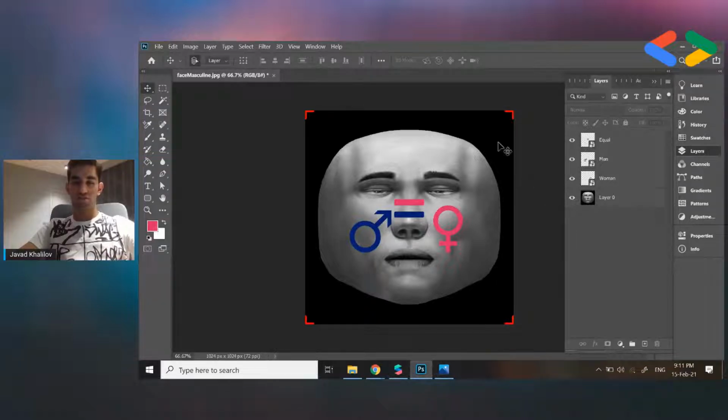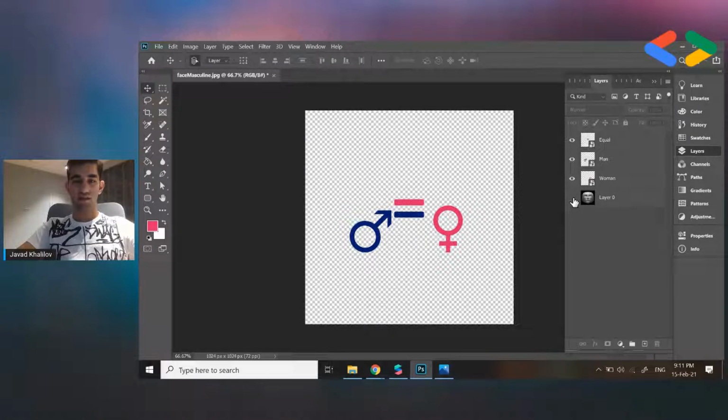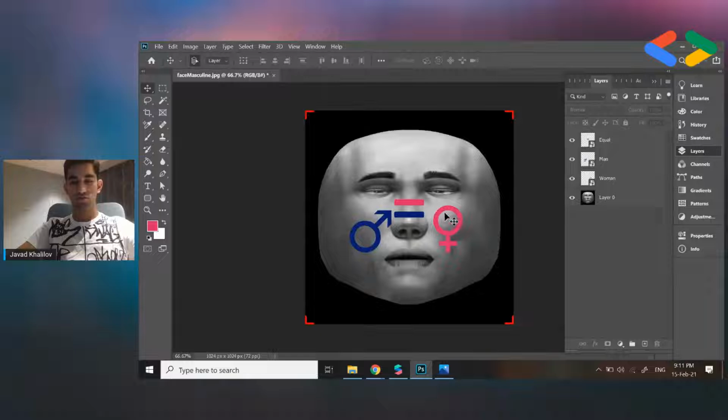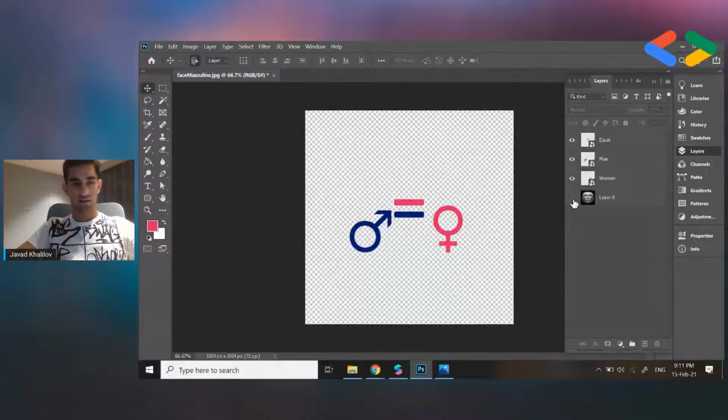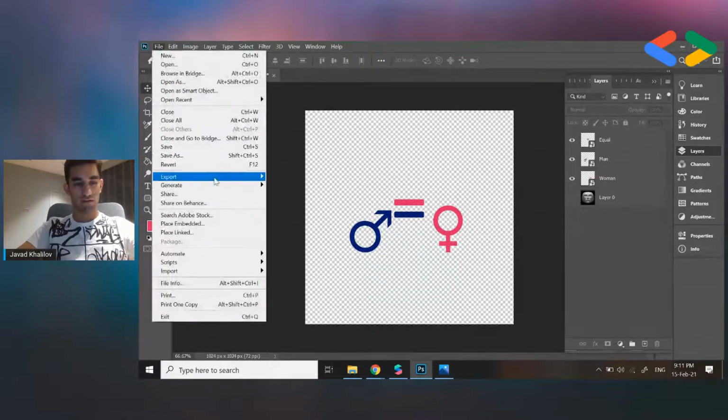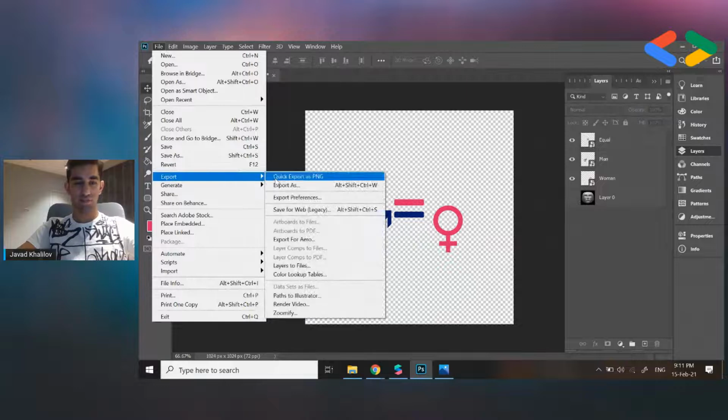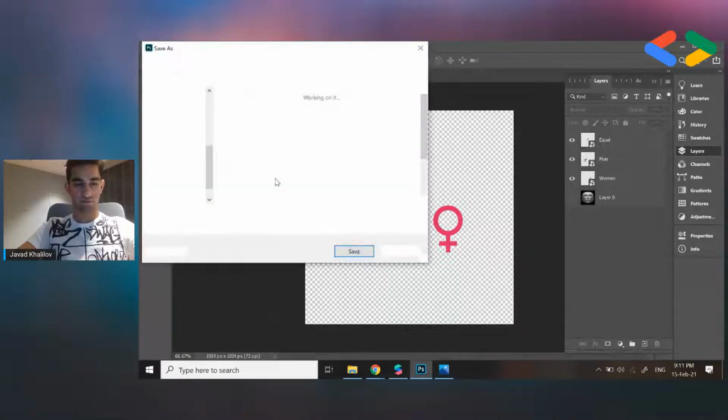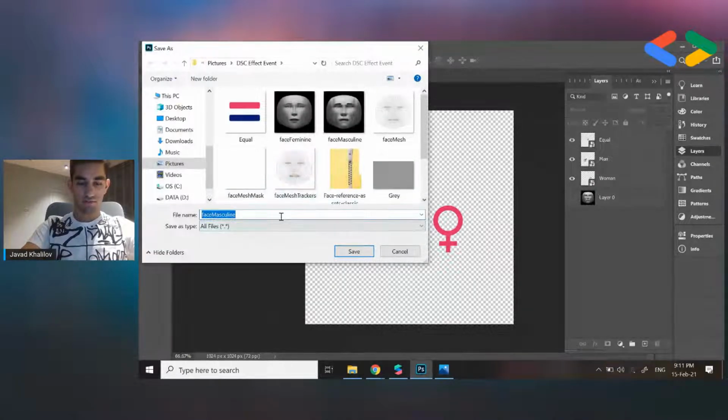So our project is ready, but when we will be importing this picture to our effect, we will be closing this layer 0, because it is just a template for us to correctly locate all the symbols and elements on the effect. And then we will save our file. We will export our file as a PNG or JPEG, it doesn't matter. Let's call this the final,